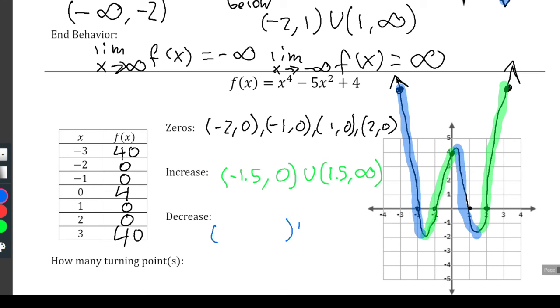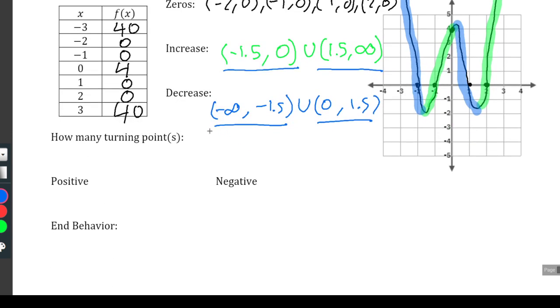So similarly for decreasing, we're going to have 2 intervals. So starting on the left side, it is decreasing from negative infinity all the way to negative 1.5, and then it decreases from 0 to 1.5. As you notice, the intervals are increasing or decreasing. If we put them together, we'd get the whole function. So it's decreasing, then it's increasing, then it's decreasing again, then it's increasing finally. So it's going from negative infinity all the way over to infinity. If we looked at them in order,